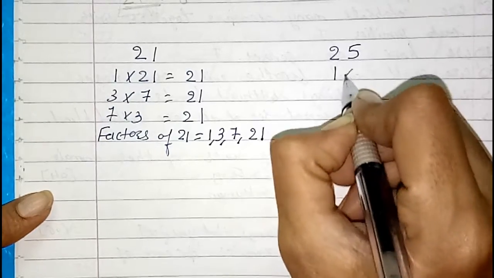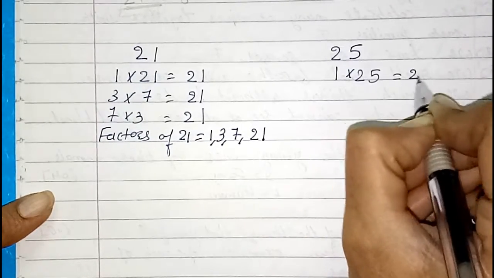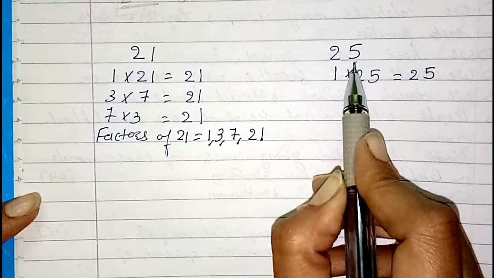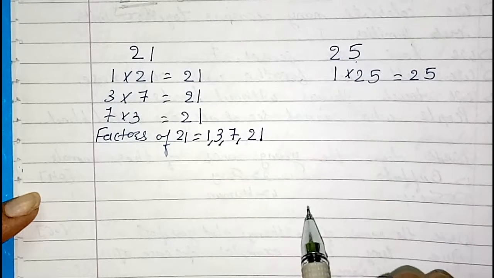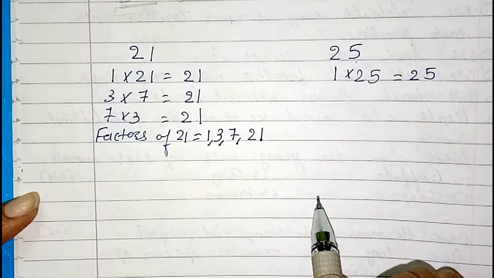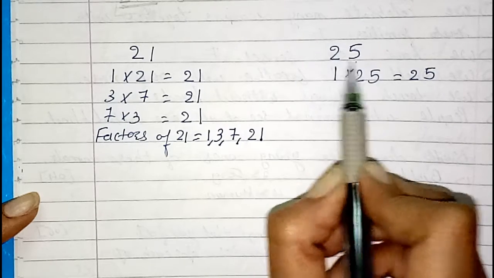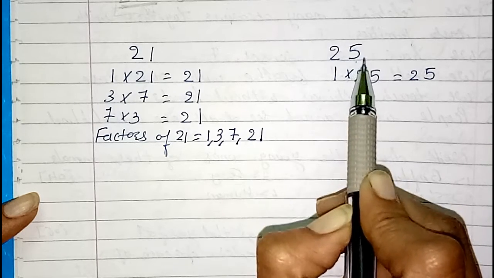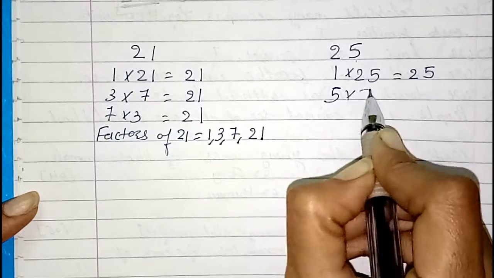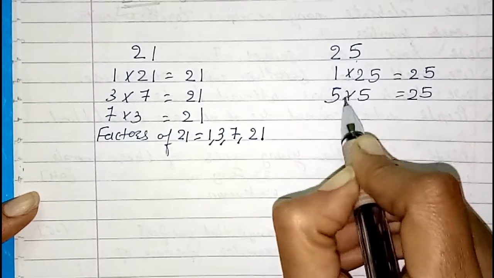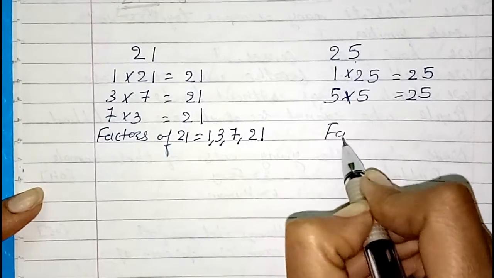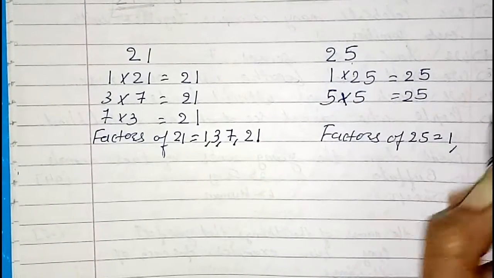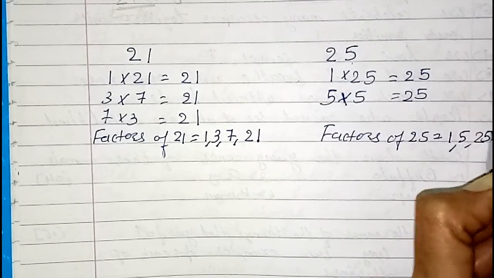Now find the factors of 25. 1 twenty-fives are 25. Is 2 possible? No, it is not an even number. Is 3 possible? 5 plus 2 is 7. Can 7 be divided by 3? No. Then 4, 6 and 8 do not divide it at all. But yes, the ones place is 0 or 5. It is 5, so it will divide by 5. 5 fives are 25. Repeat. So we will stop. Factors of 25 are 1, 5 and 25.